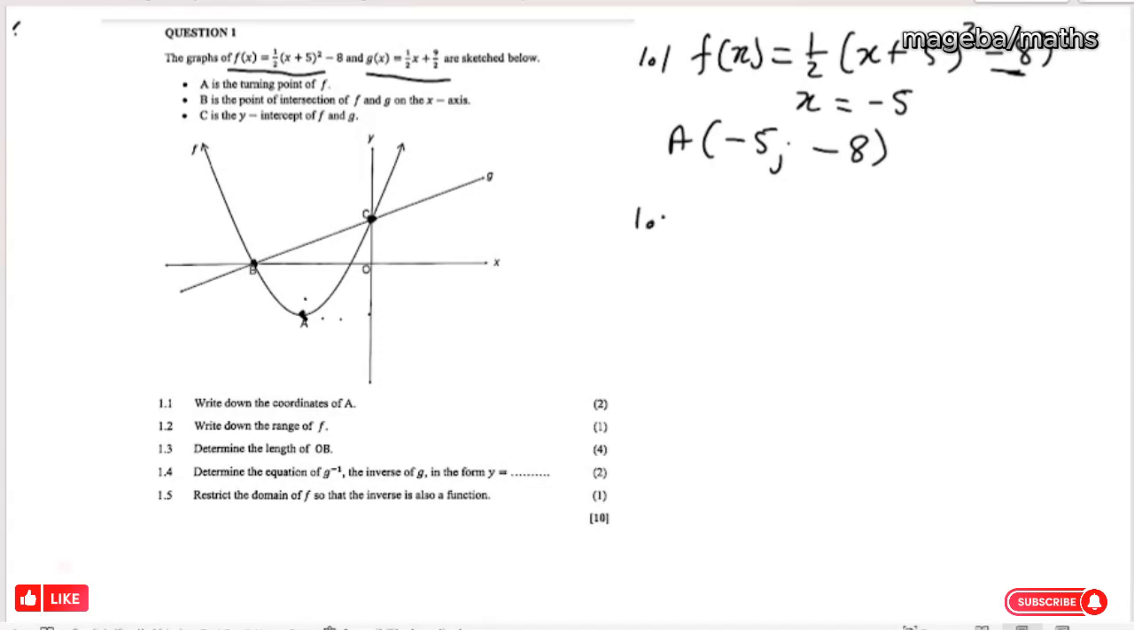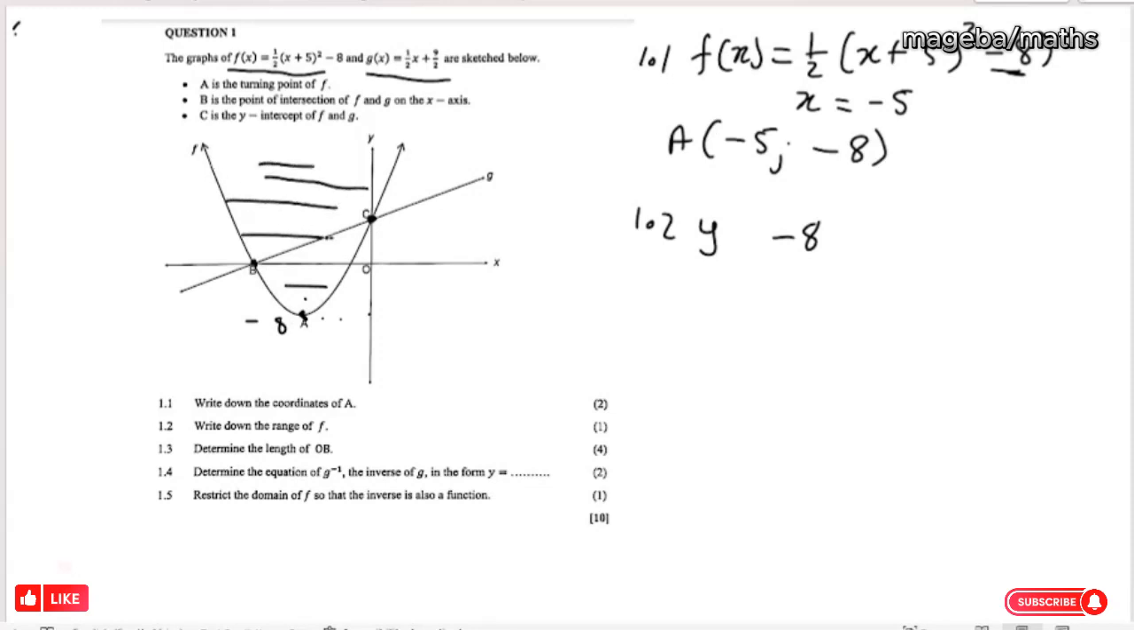Now going to 1.2, they're saying write down the range of f. Since we know f, remember the range talks about y. The y-value of the turning point here is negative 8. So my range is going to start where this is my last point, going upward. So my range, I can say, from y and negative 8. So the point negative 8 is the last point that is here, and all the y-values that come here,